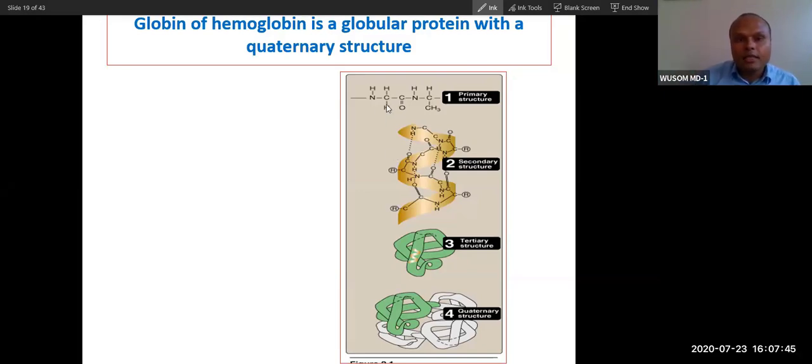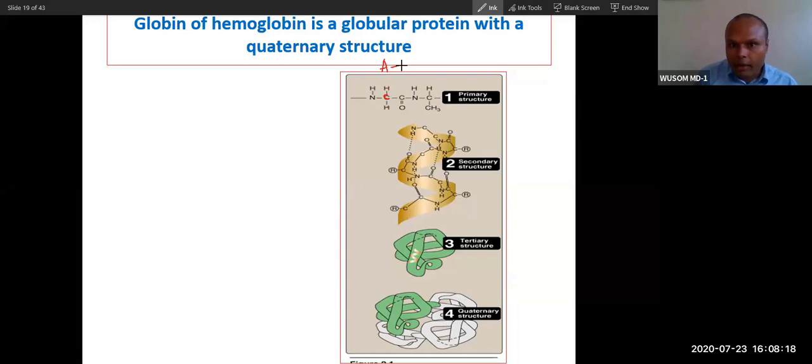So I will repeat this structure again. This is how hemoglobin is arranged. You can see this is a chain of amino acids. This is one amino acid: the N, this carbonyl carbon, this alpha carbon, and this carboxy carbon, and then there should be one hydrogen and a side chain. This is glycine, that is why you can see this hydrogen. So this is one amino acid, this is the second amino acid.